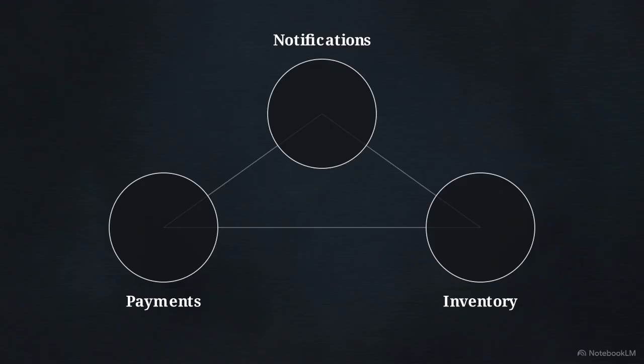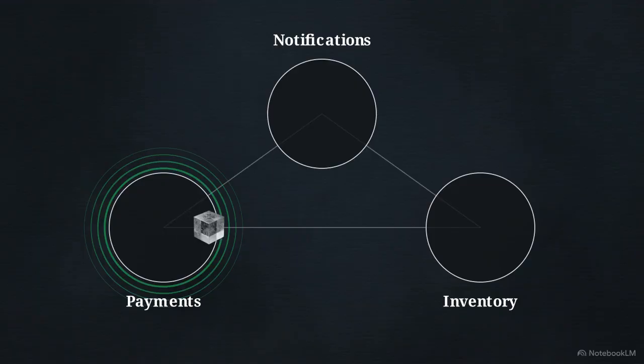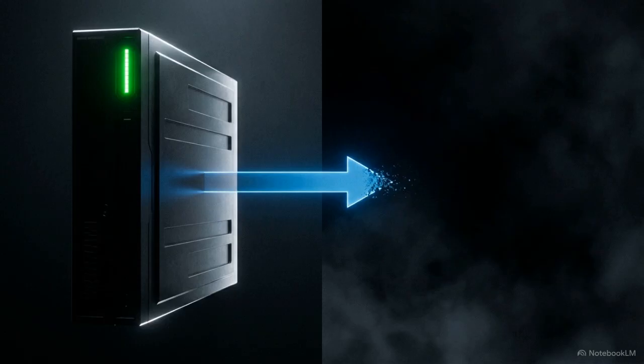To see how this plays out, let's look at a standard e-commerce architecture. This diagram shows a network of independent microservices handling different tasks, like payments, inventory, and notifications. A user clicks Buy, which prompts the payment service to process the credit card and send a reservation request across the network to the inventory service to secure the item. But the network is an asynchronous packet system. If a router is misconfigured or a switch gets overloaded, that data packet can drop mid-transit. This exposes a paradox of asynchronous networks.